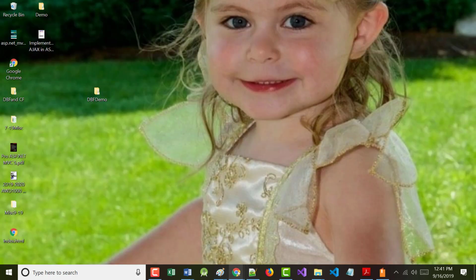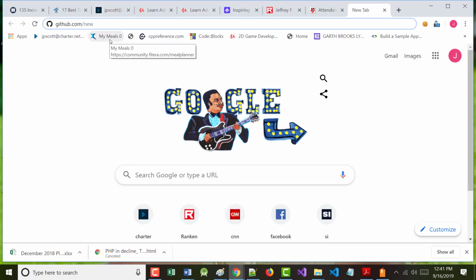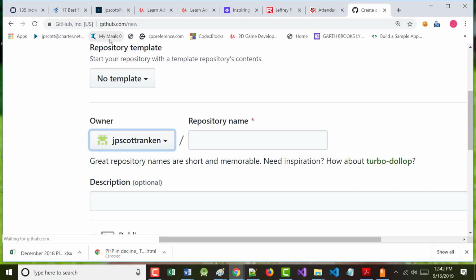And I'm going to go back in, and just as I asked you to do the other day, I'm going to go into github.com/new, which puts me here. You've seen all this already, so we should be able to go through this part fairly quickly. You didn't do anything wrong last time. You didn't do anything wrong, period. I did. All right?